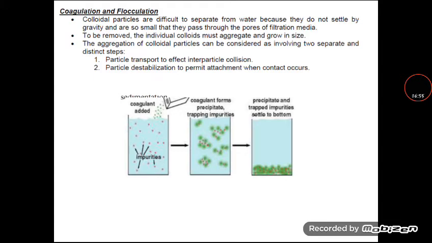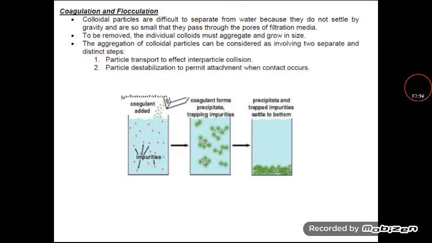That agglomeration of fine particles present in the water is called flocculation. In the flocculation process there is stimulation by mechanical means, so we normally use the flash mixer. After adding the coagulant, the flash mixer is allowed to move, and while it is rotating, the particles agglomerate together. The agglomeration is nothing but the formation of floc. It is white in color and looks like a sponge-like structure. The small colloidal particles come together and form a big floc-like structure.